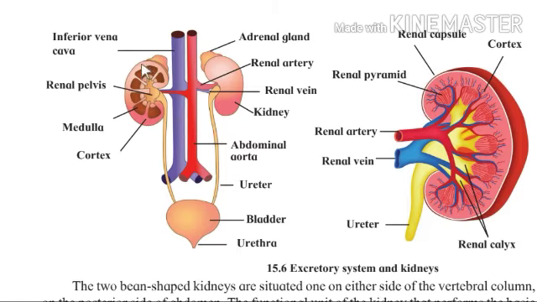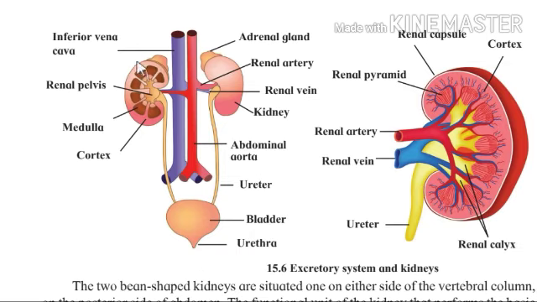In this human excretory system, this is a kidney, one on the right side and one on the left side. The kidney on the left side is slightly upper in position, and the kidney on the right side is slightly lower in position. Each kidney gives a ureter, that means a pair of ureters are there, and in the lower abdominal cavity there is the urinary bladder, which has the urethra in the forward direction.